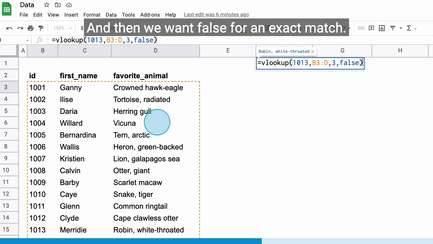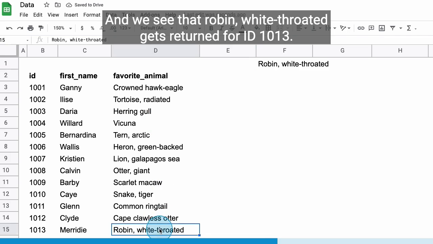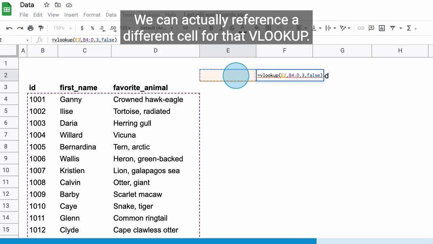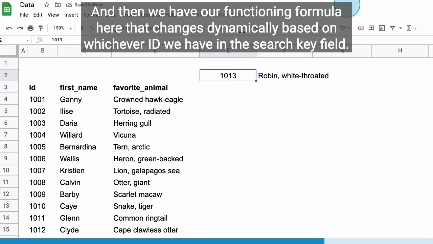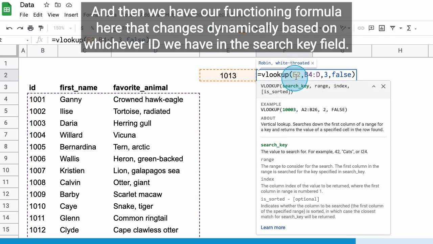And then we want false for an exact match. And we see that Robin, white-throated, gets returned for ID 1013. Instead of hard-coding that value there, we can actually reference a different cell for that VLOOKUP. And then we have our functioning formula here that changes dynamically based on whichever ID we have in the search